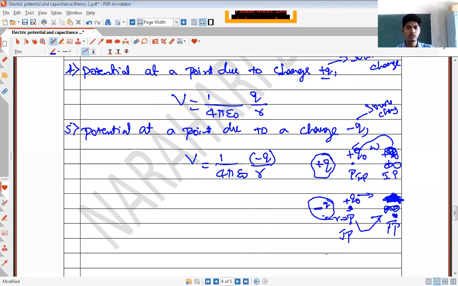I hope this point is clear. For a negative source charge, to do work you will have to move the charge from point P to infinity. Point P becomes the initial position and infinity becomes the final position for the negative source charge. So we will have to integrate from r to infinity. Okay, observe my derivation a little here.